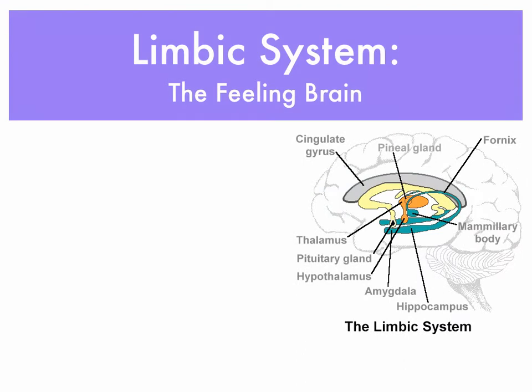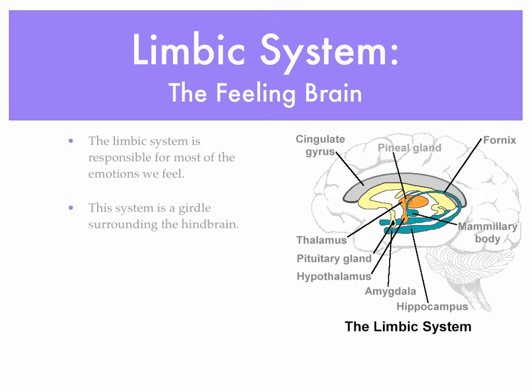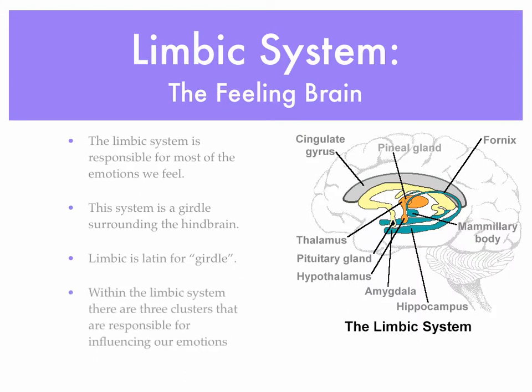Now the limbic system, the feeling brain. The limbic system is responsible for most of the emotions we feel. This system is a girdle surrounding the hindbrain. Hence, from Latin, limbic is girdle. Within the limbic system, there are 3 clusters that are responsible for influencing our emotions. Those are: